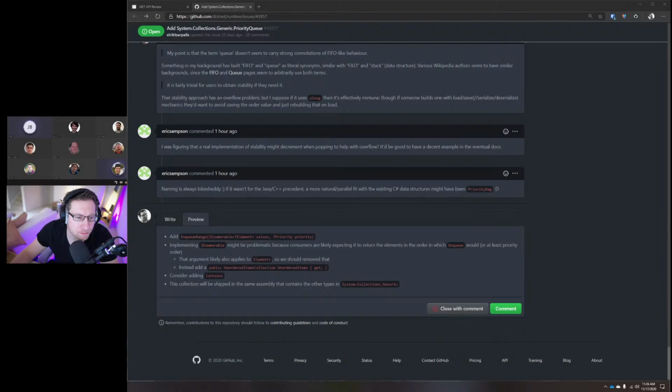I really agree with Emo that for each item in priority queue, or for each item comma priority in priority queue, really feels like that's going to be the DQ iterator, and that will just be a bug farm. So not having that compile feels to me more valuable than the consistency of all types that aren't used by other types in system collections generic or IEnumerable.